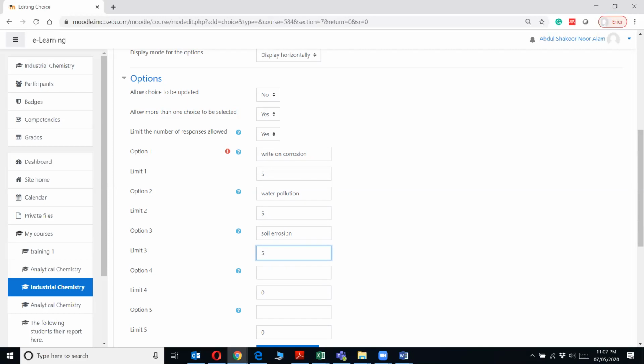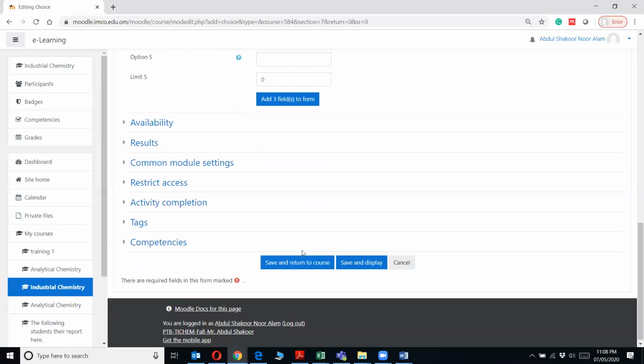What happens when we give a group assignment to students? Most of them, 80% of students, choose one choice. They don't distribute evenly among themselves, so we face issues. In this way, you can give 5 topics and it will limit them. Only 5 can choose: the first 5 choose option 1, the next 5 choose option 2, up to the 20th student.